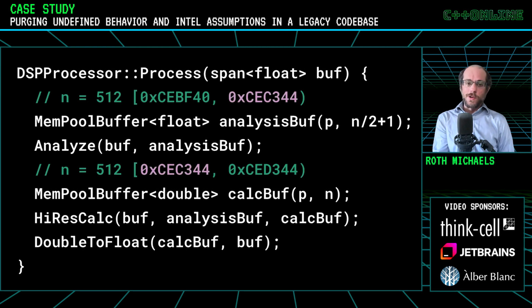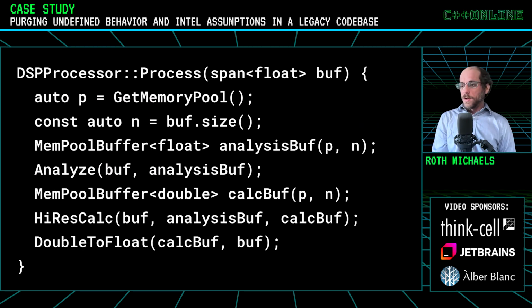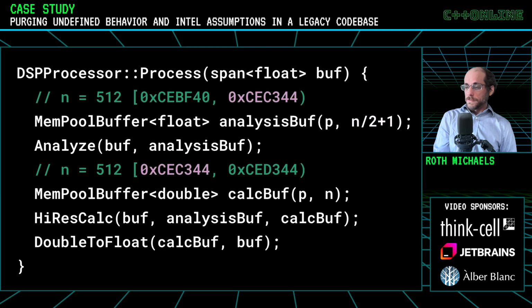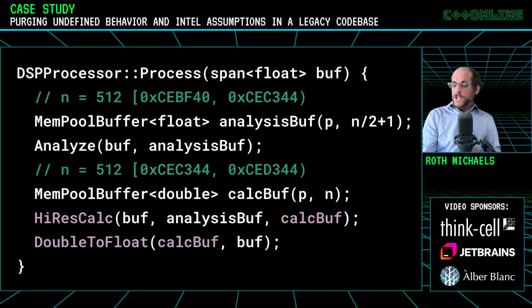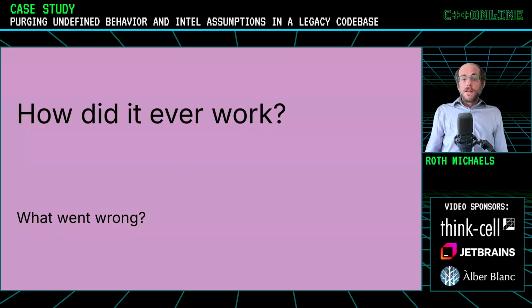And so now this is no longer aligned. And then when we call, oh, sorry, I was going backwards, call this calculation, we're going to be operating on unaligned memory. And I don't really know what the problem with that is. I've heard supposedly that Intel can deal with unaligned memory, but the C++ standard says that's not possible. And again, how did this ever work? What went wrong? I'm not sure, but it doesn't really matter.